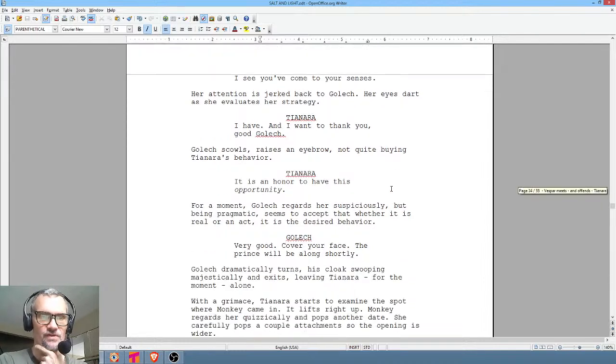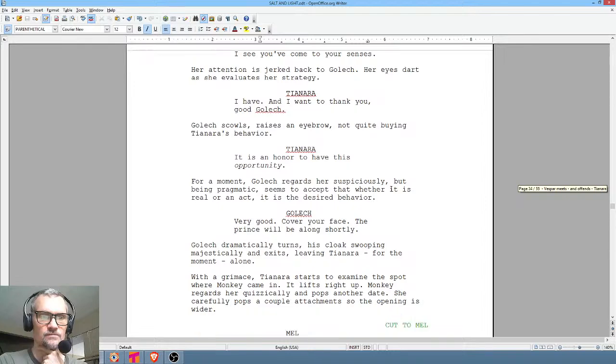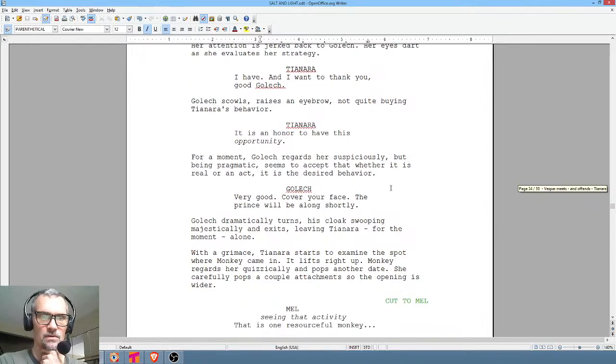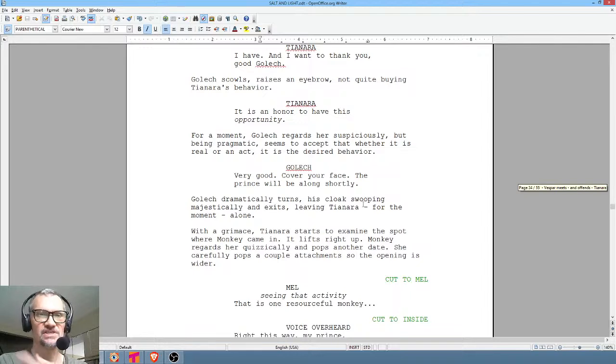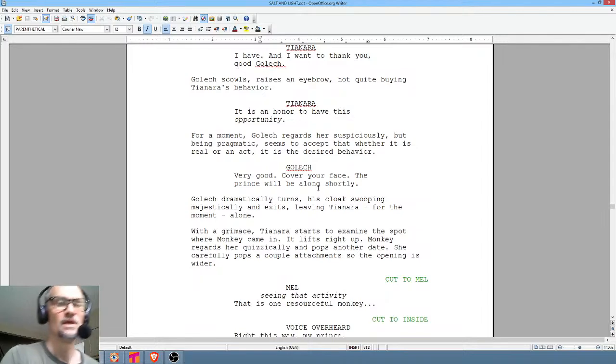I'm pretty sure that both Fala and the soldier have left the room. Yeah, and she's left alone. So the soldier is not there. Okay, so here's what we can do then. Actually, for this shot,